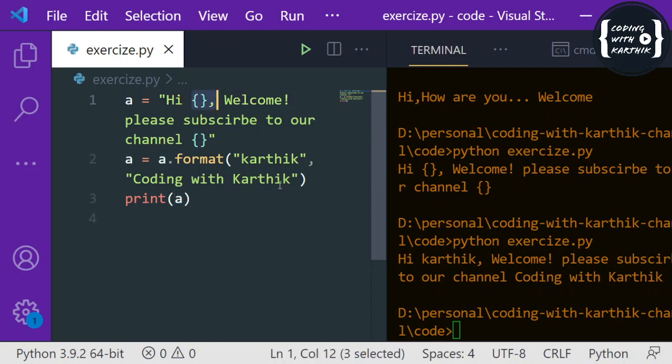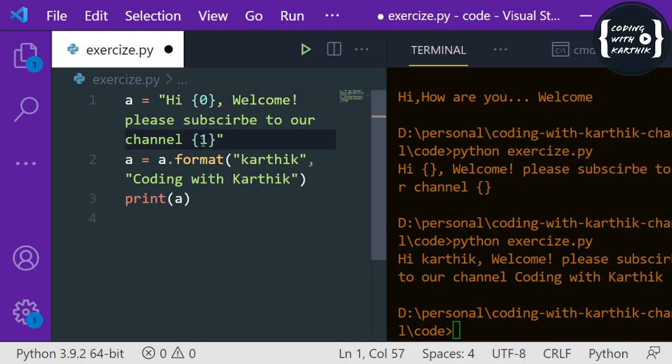Sometimes it might be a problem, since you have to give the same order when you pass the parameters. That means if you swap the parameters, then even the meaning will change, right? To make sure of that, we can give the index of these parameters. That means I can give 0 and I can give 1. Then this order doesn't matter. Let me give you an example.